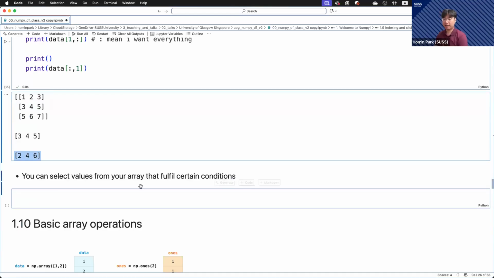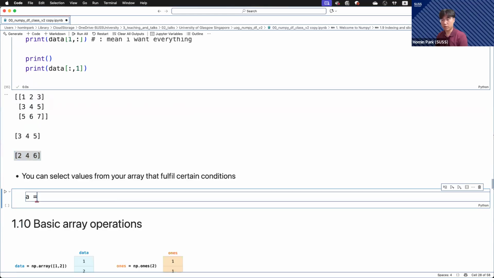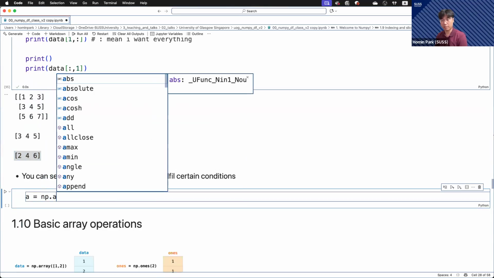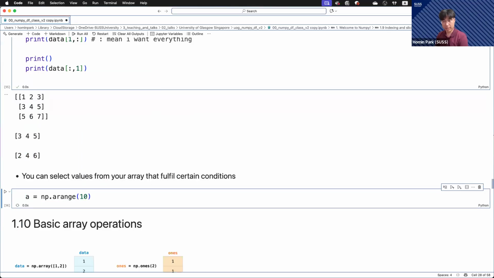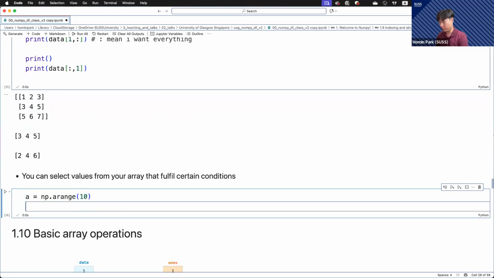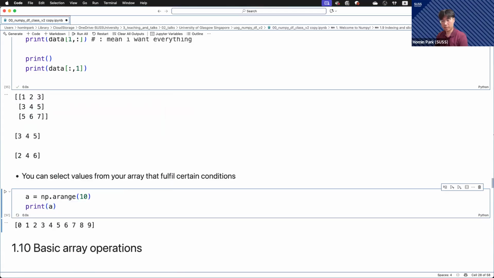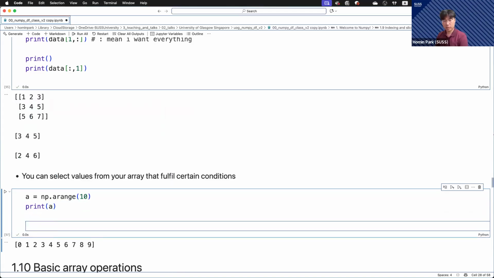You can also select values from your array that fulfill a certain condition. So for example, if I do the name NumPy array range of value, if I want 10 of them, okay, 10 values. So if I print A, right, 0 to 9. Now, if I want less than 5, okay, that's what, 0, 1, 2, 3, 4, right? If I want less than 5,